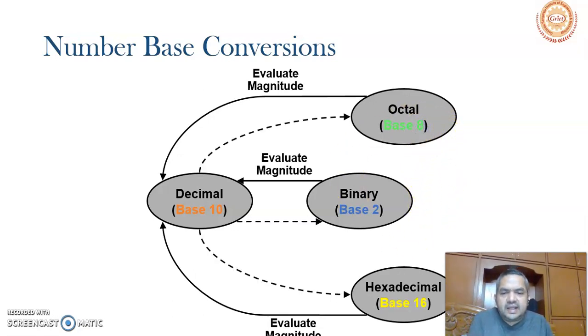Now the other task will be how to convert decimal to octal, decimal to binary, decimal to hexadecimal, and then octal to binary, binary to octal, and similarly binary to hexadecimal, hexadecimal to binary, and in total how to convert octal to hexadecimal. In one way I can say that I can convert octal to decimal and decimal to hexadecimal, but that will be a very lengthy process. So for that reason we will discuss these conversions in a very simple manner now.